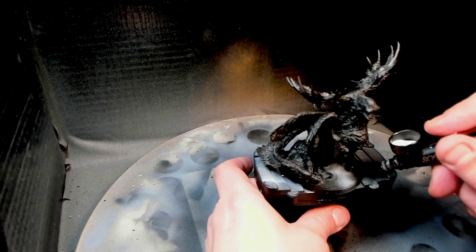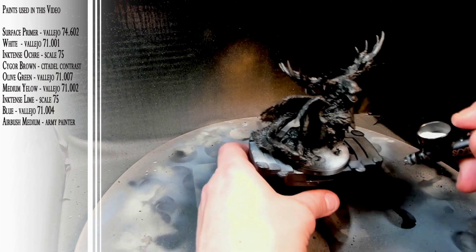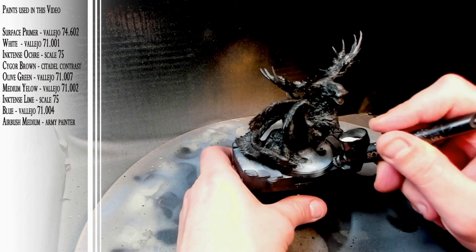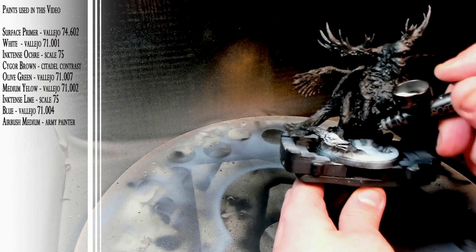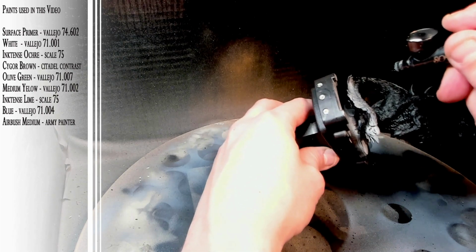And here we have the model. It's a Cannuckmera from Creature Caster that I was gifted a few months ago. It's a quite interesting model. It's a mixture of different Canadian animals in a chimeric monster. I started out with a Vallejo surface primer over the entire model, and I'm just going to paint on top